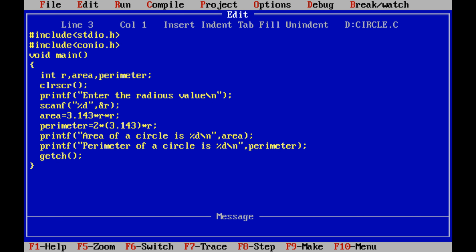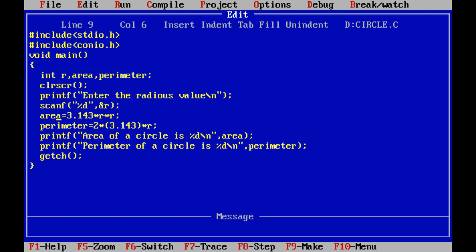Now this is the implementation of the area and perimeter of a circle. Here the pi value can be taken as 3.143. The pi value is 22 by 7, which can be written as 3.143. Here radius, area and perimeter can be declared as integer variables. Next, printf enter the radius value, read by using scanf.